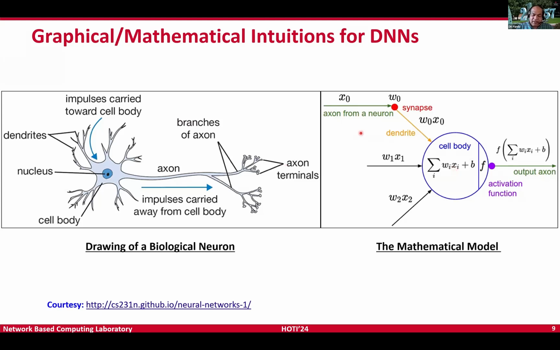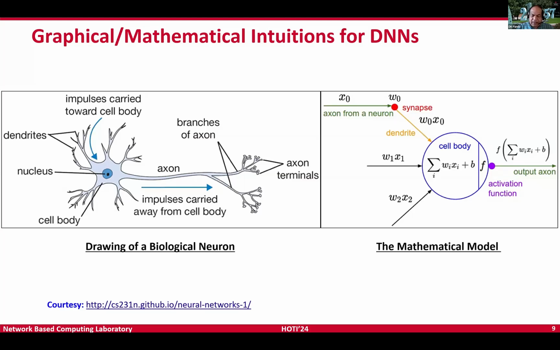The right-hand side is actually a mathematical representation of that neuron. When people started with these concepts of an electronic brain, that idea has been continuously enhanced, and this is what you will be seeing on the right-hand side. We are calling this the cell body, just like the left-hand side. You will see the synapses, the dendrites, having different kinds of weights, and then the cell body performs some function, and based on that, it also generates an output. And this is how billions of neurons can be connected all together to come up with the complete solution.